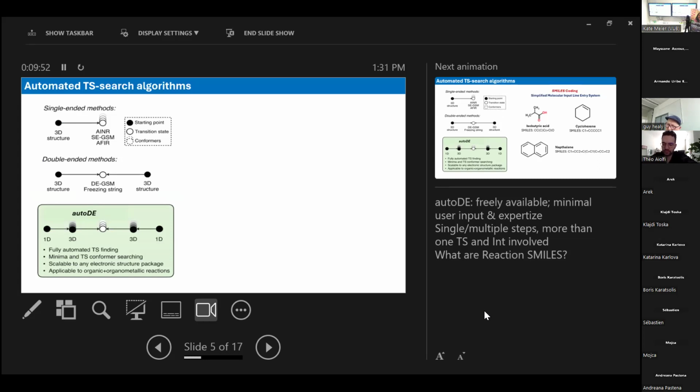In the single-ended method, the user just has to provide the information of the reactant, and the algorithm will search automatically for all the transition states and the intermediates, and it will generate the complete reaction profile. This one is quite good, but since you are just giving one structure and giving your algorithm enough freedom to look into all the directions, this is quite costly, and it